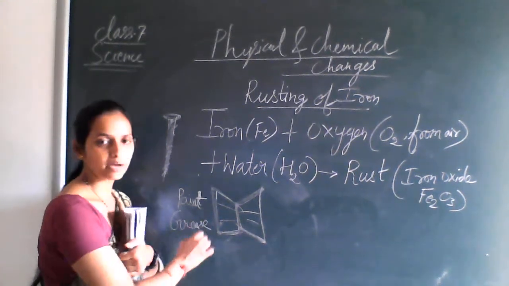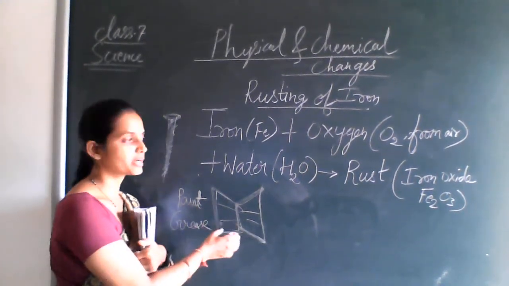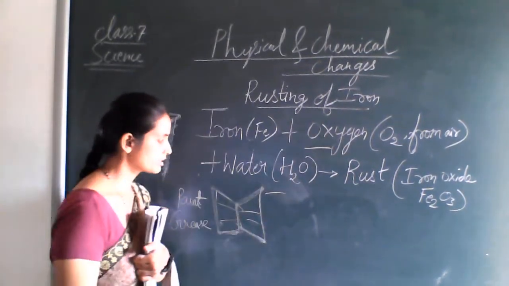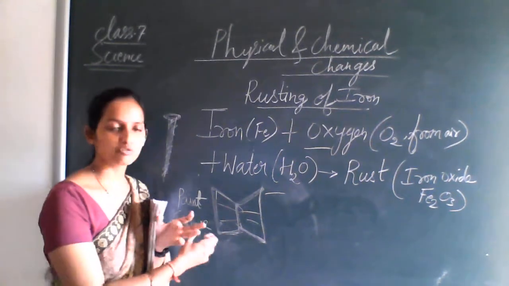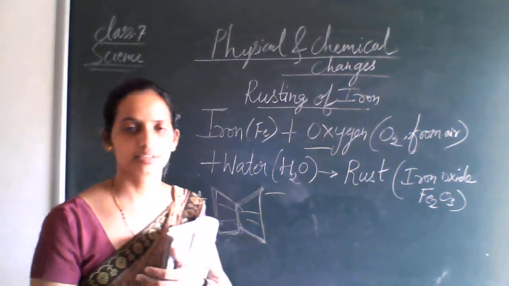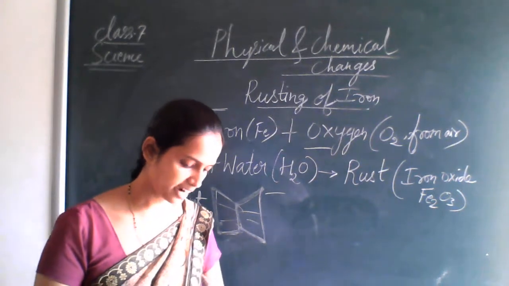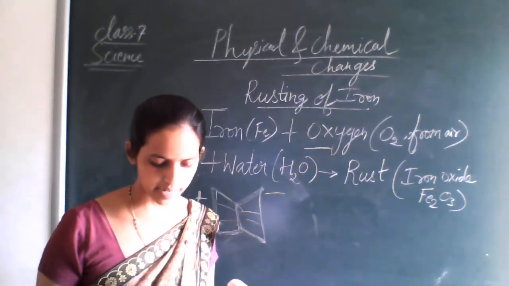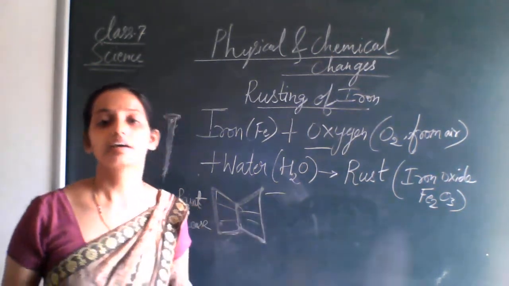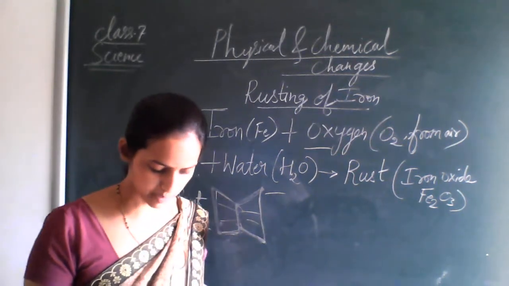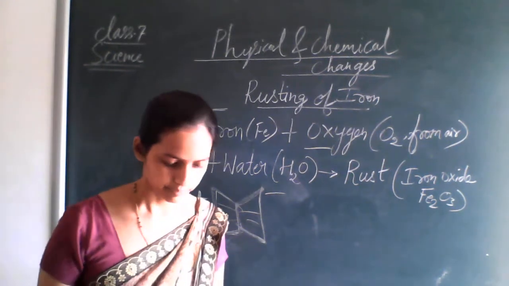So what happens when we apply a protective covering on the surface of iron metal? It is protected from oxygen and water, and it cannot get rusted easily. So periodic or regular painting has to be done to the iron metals so that rusting can be prevented. In fact, these coats should be applied regularly to prevent rusting.